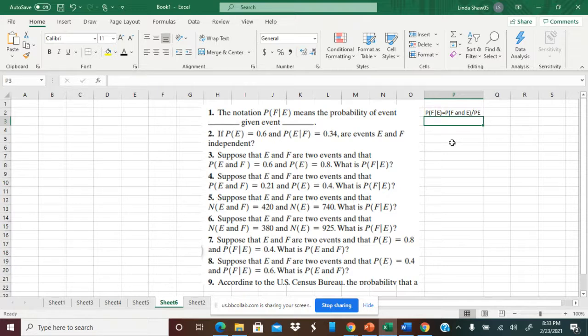Linda's going to use the formula to figure out the probability of E and F. We know from the lectures that events E and F are independent if the probability of E and F is equal to the probability of E times the probability of F. So I'm multiplying the probability of F given E by the probability of E,